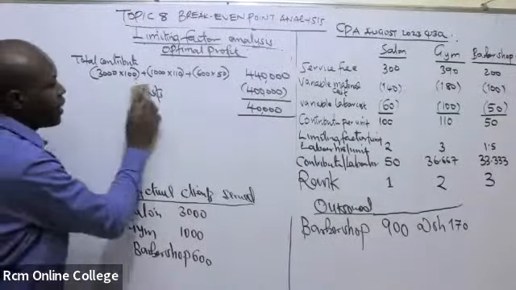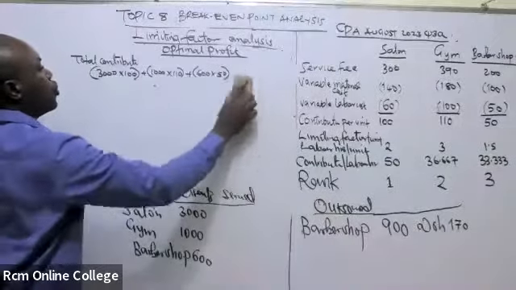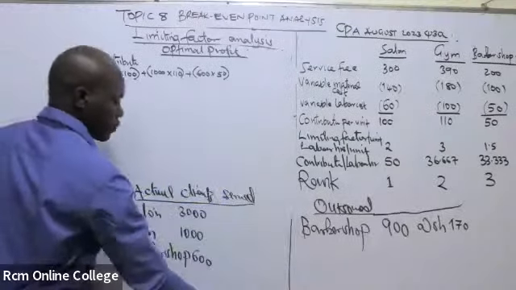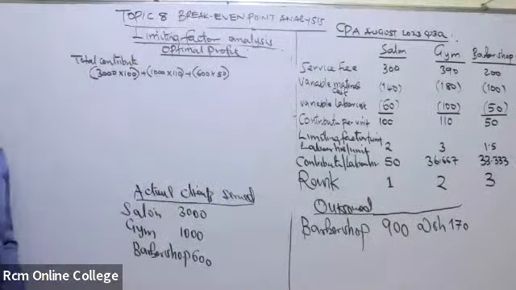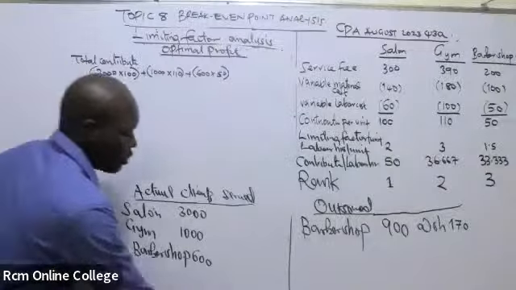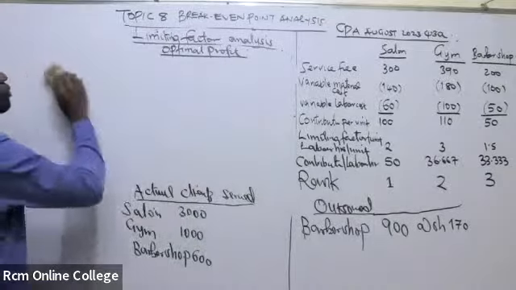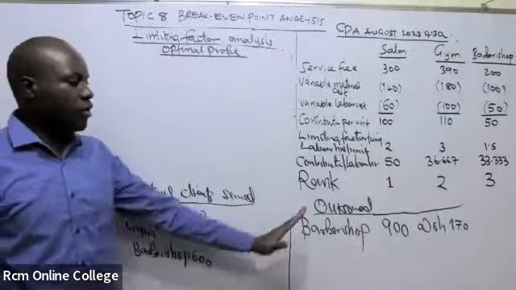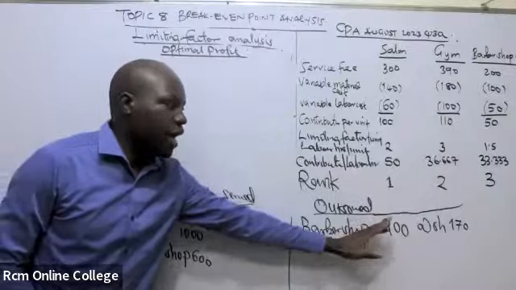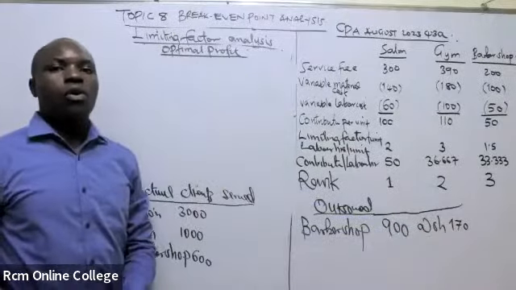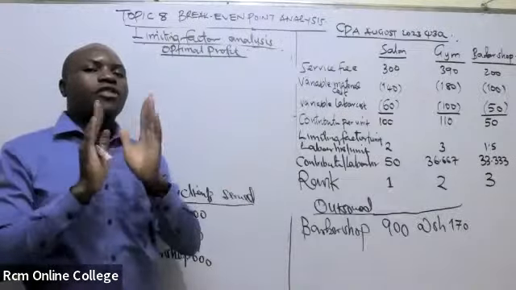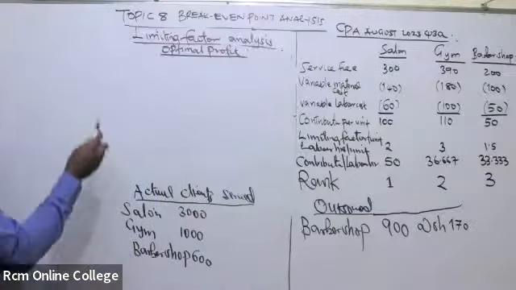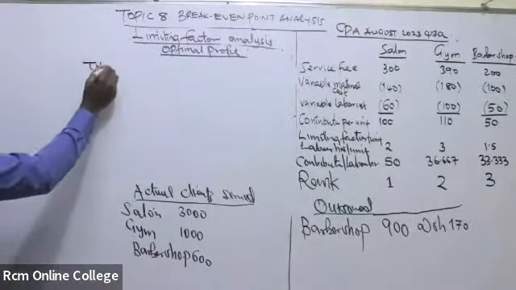So if that's the case, we only need to do a very simple thing. Actually, let me go away with this part so that you know what you're supposed to do. If you are told to incorporate the outsourced services at this particular cost, what is the total optimal profit for this particular company? This is what you are supposed to do. You first of all start with the total contribution